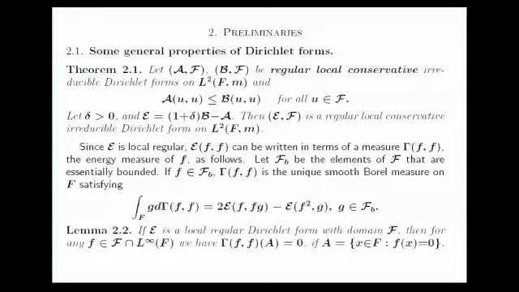So these are some general properties of Dirichlet forms. Basically, this result says that we can subtract Dirichlet forms if they're regular and local and still get a Dirichlet form. And this is actually an important result because this is not true on graphs, but this would be true on a quantum graph. So there is this point of view that combinatorial graphs are always simpler than a continuous object such as a quantum graph. But this is one result which is true in the continuous case, but not true